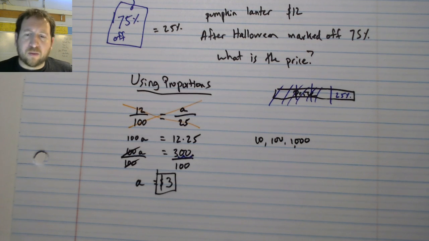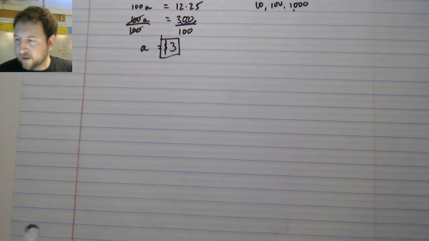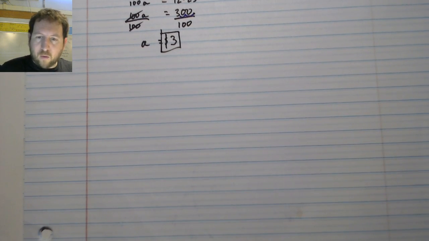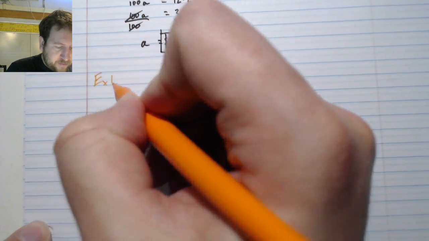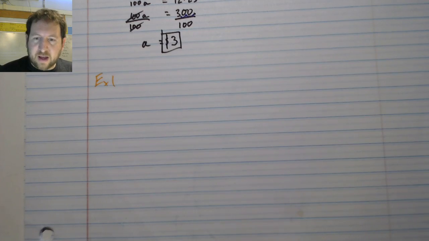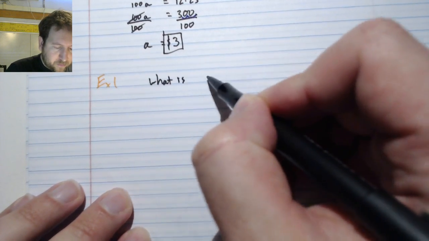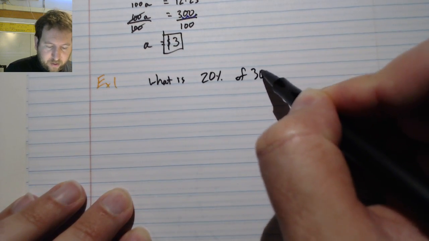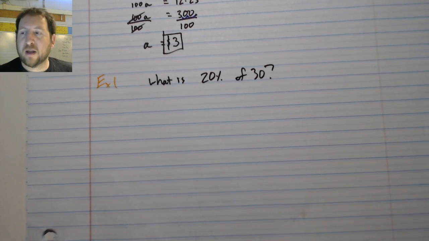A more likely problem might say simply, let's move our paper up and make sure that you guys can see what I'm doing, is one like this. And this is what the problems on the homework are going to look like. Example 1. It's going to say, what is 20% of 30? And in this case, we're going to set it up exactly the same way that we did before